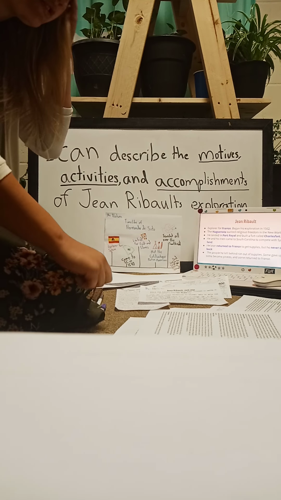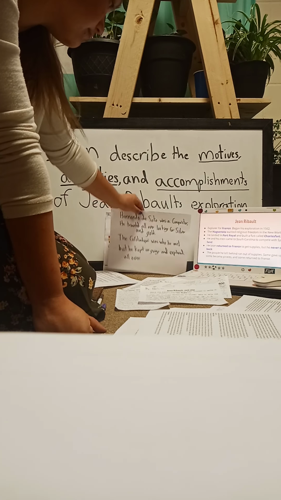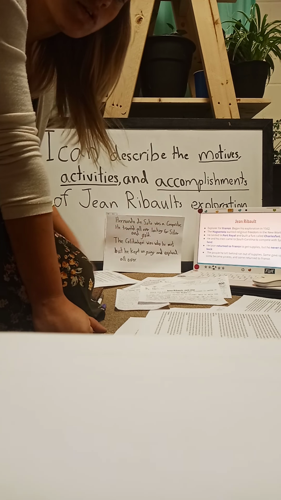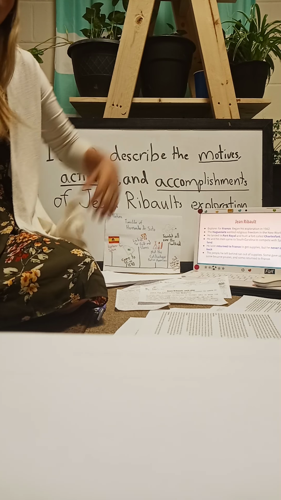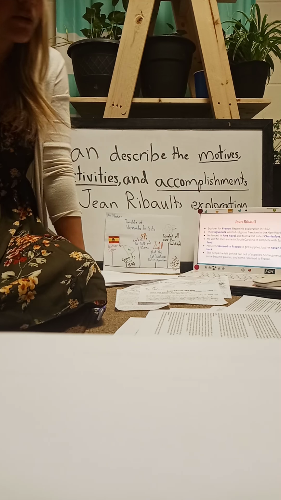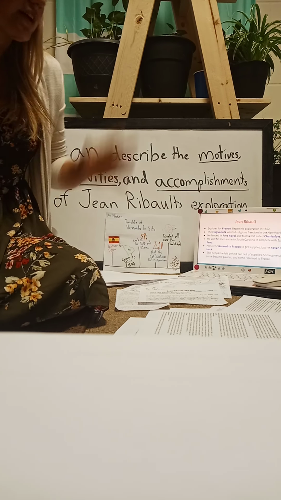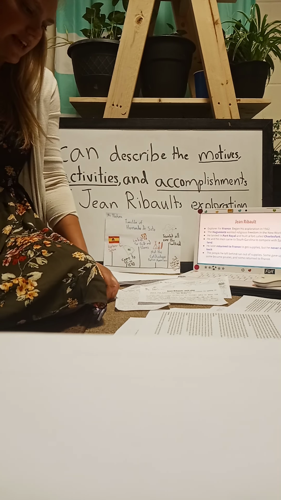I tried to connect to prior knowledge. And with my activity, I made my activities about Hernando de Soto, so they didn't copy it straight about Jean Ribault, so it was a little bit different. So that was going back to previous knowledge. Then I also mentioned God, Glory, and Gold, which we learned in our first lesson on explorers,